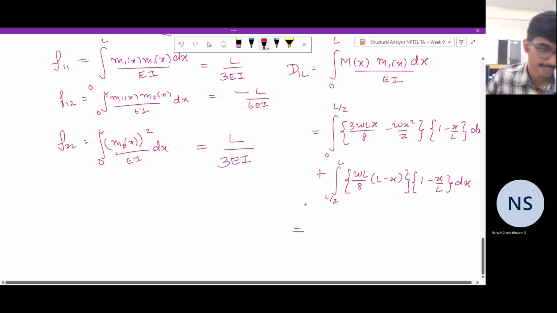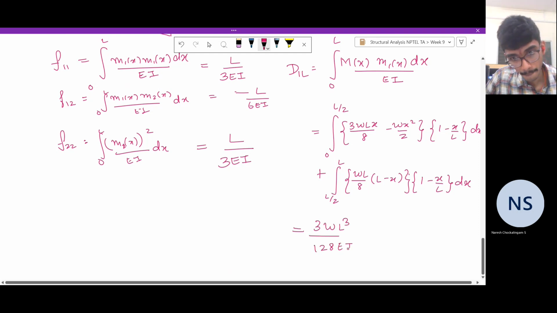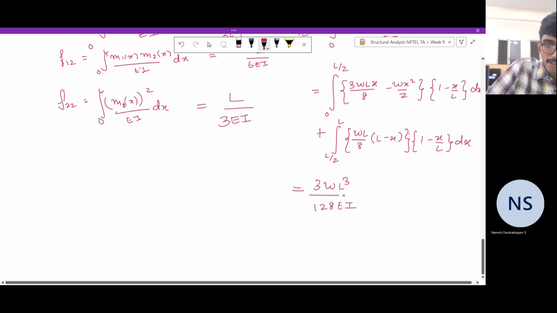So you can evaluate this integral and it turns out to be a polynomial. Although it looks long, it flips into a polynomial and can be directly integrated. And the value of D1L that you get is 3WL cube by 128 EI. Similarly,